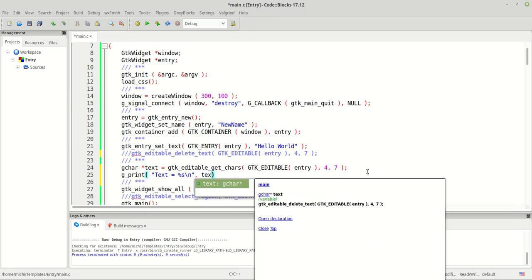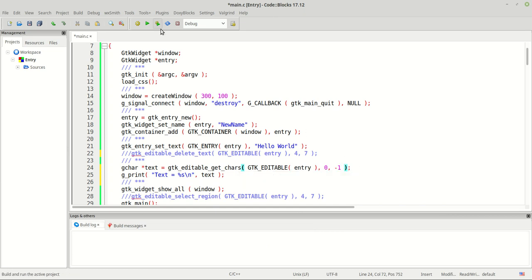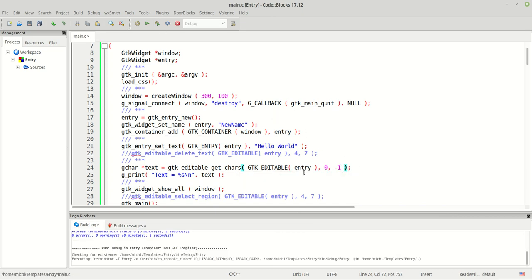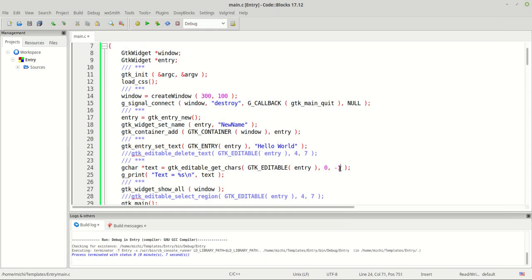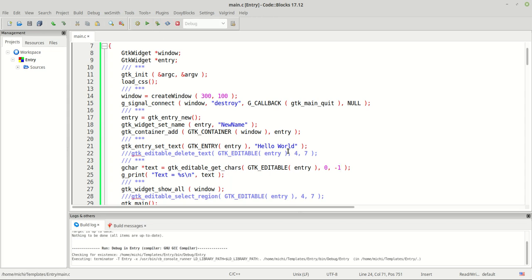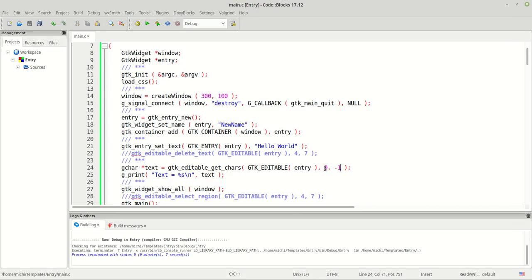text. I will change for a second this part to 0 to -1, so that you can see that I can print the whole text. This is the reason why it is -1, because if this were 0 here, I mean it can be 0 because this one is 0, but being here -1, it leads you to copy, I mean to retrieve all the text. So by doing now 4 to 7, like I already explained with delete text,